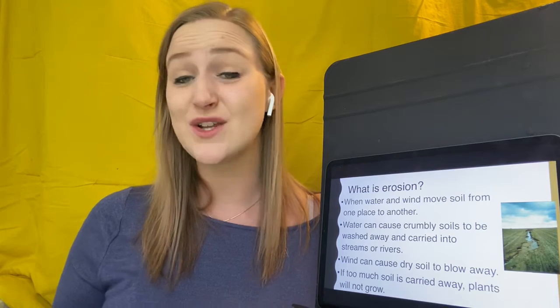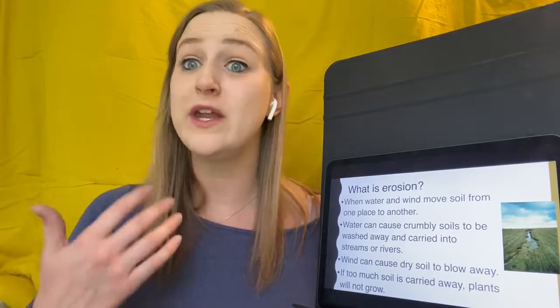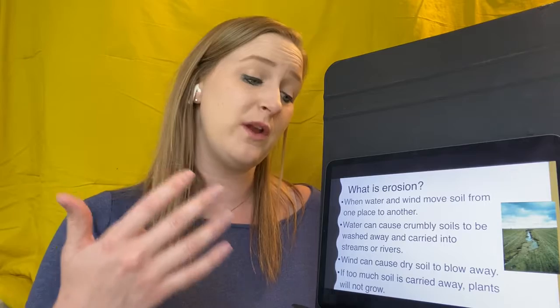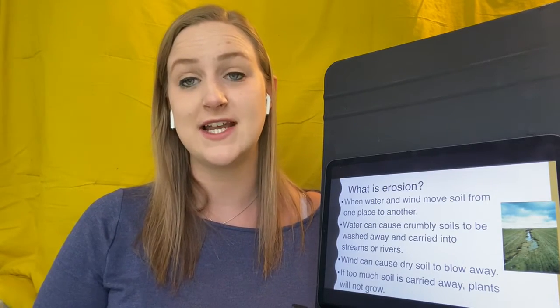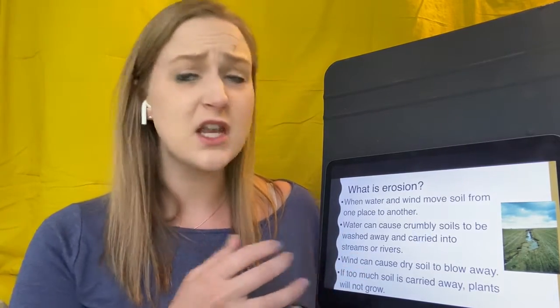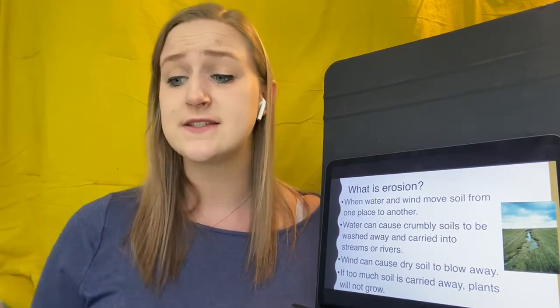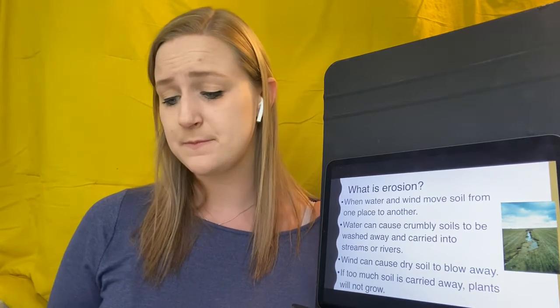And because all of the good nutrient soil has been pushed away by the wind or the water or whatever caused this erosion, there's not enough soil, not enough nutrients for plants to grow. So with too much erosion, plants aren't going to grow. And if plants don't grow, then animals don't have food, or we don't have food. And if the animals don't have food, then we don't have the meat to eat and we don't have the plants to eat if the soil isn't there. So that soil is actually very important. So we have to be careful not to cause any erosion and to stop erosion when it's happening.